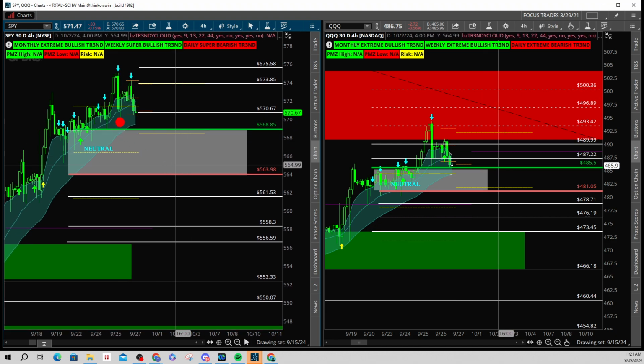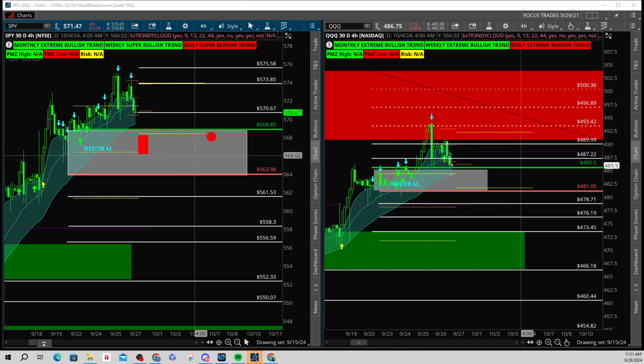On the longs, if we were to gap down tomorrow and open up at around 568, I'm looking for buyers to come in. A couple reasons, because that's the level that was there last week. And the second reason would be that's the lower trendy edge right there. Again, if we break down below that, then your opportunity to be an aggressive seller and a more advanced